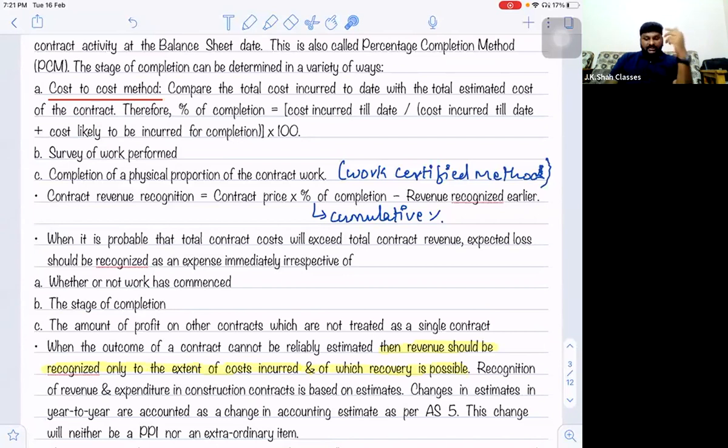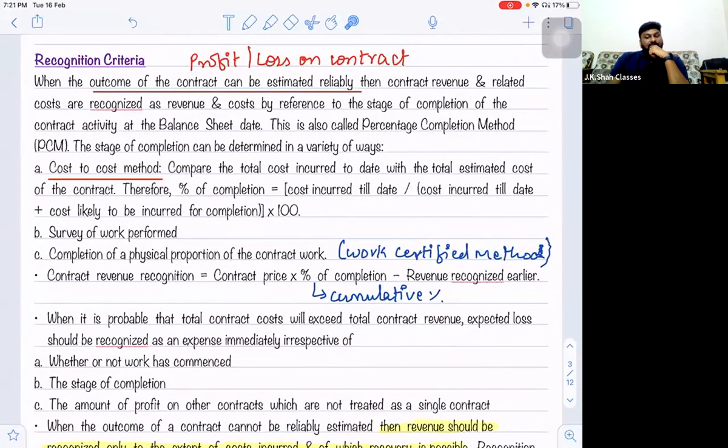Right? But sir, this is not the agenda for us, because questions are not raised from this point. Questions are raised from this point where we say that the outcome of the contract can be reliably estimated. Means at the inception, you can calculate the profit or loss of the contract. Now, sir, if there is a profit on contract, if there is an overall profit on contract, then what they